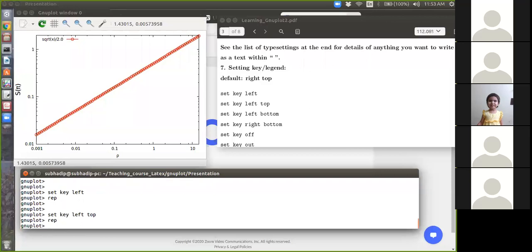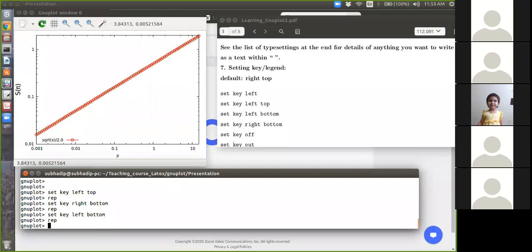But if you want it at the bottom, then set key right bottom, replot, and it came here. You can change it to left bottom, replot, and it came here at the left and bottom.